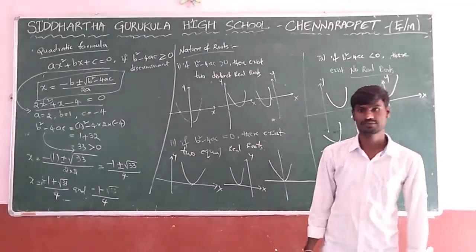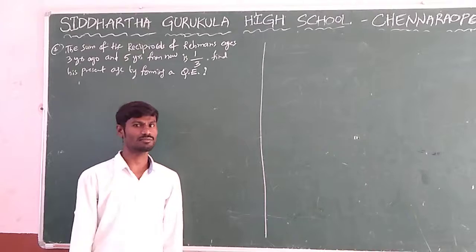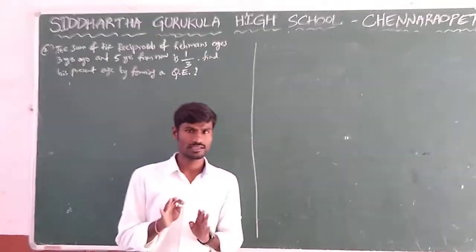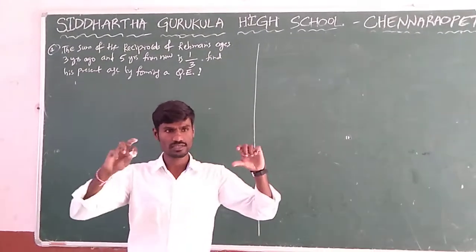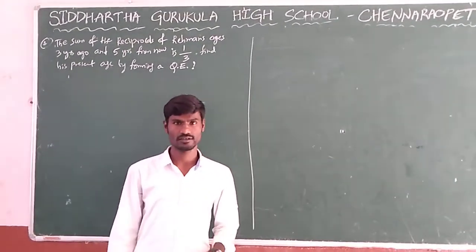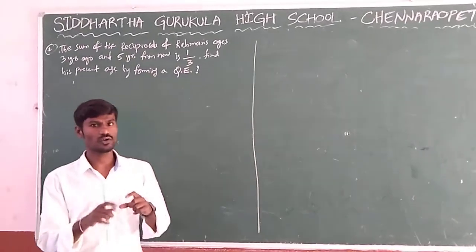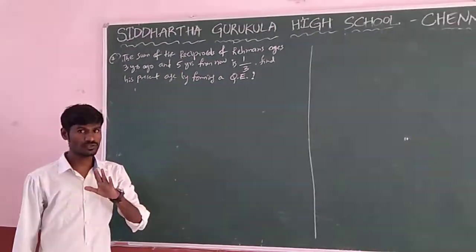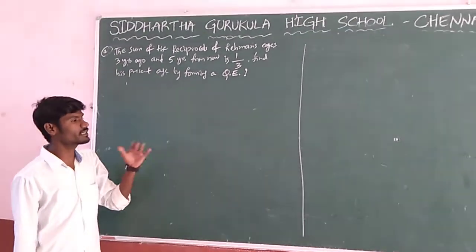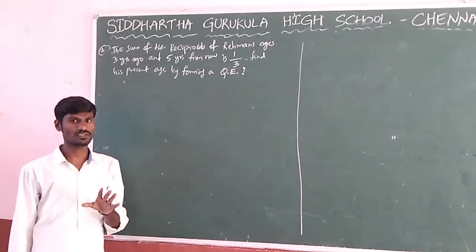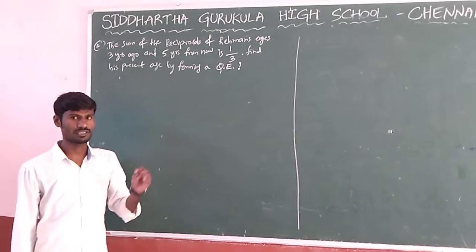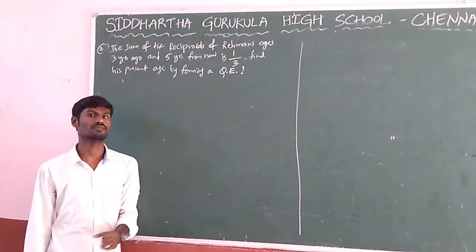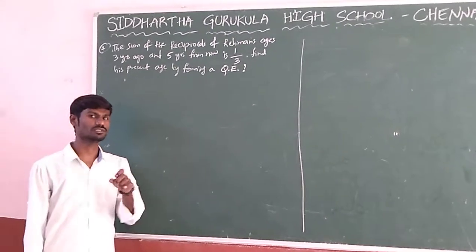Okay students, let us see some problems based upon quadratic equations. In some cases they will directly give a quadratic equation and ask us to find the solution. In other cases they will give only data, and we need to form a quadratic equation. Once we get the quadratic equation, we can find the solution by any method. If the problem mentions a particular method, by factorization, by quadratic formula or by completing the square, then use that particular method.